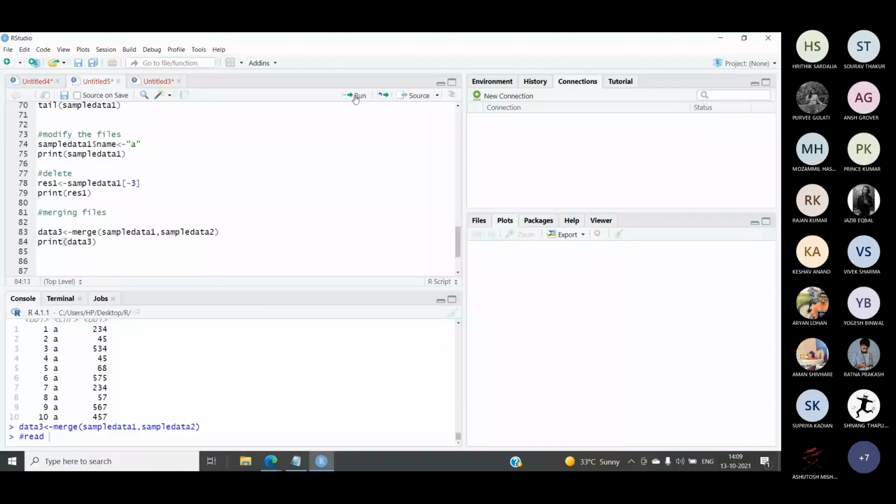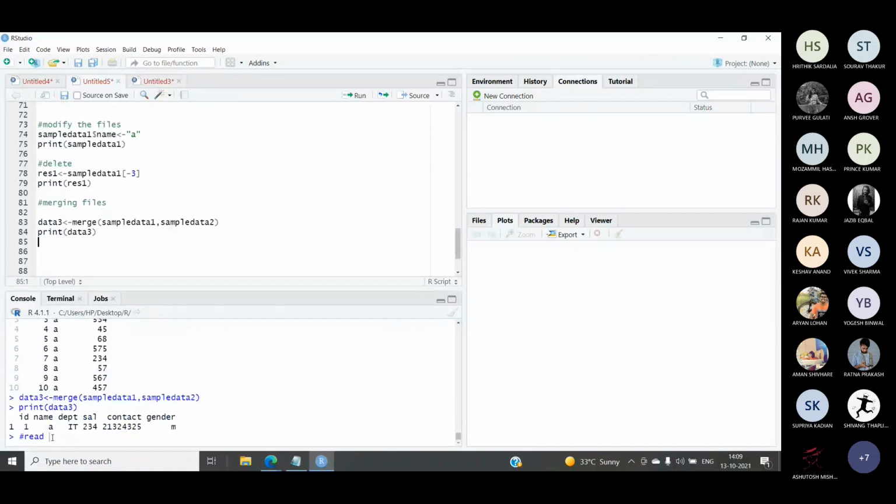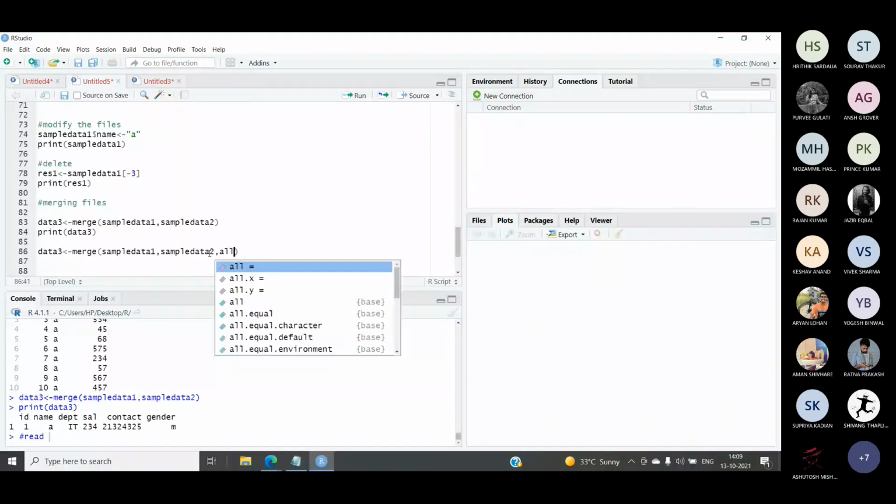So here you can see only one value is being merged, in which certain additions are being done and certain columns are being added, but this is performing merging. Now suppose you want to perform merging of all. Let's try for that. For data 3, write merge sample data 1, comma, sample data 2, comma, let's specify the all keyword.